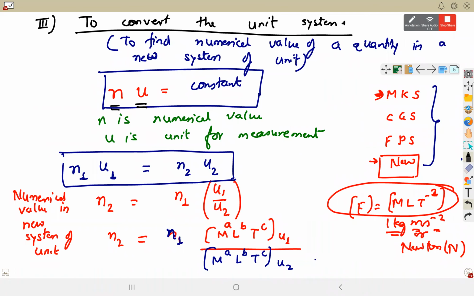न्यू सिस्टम में न्यू वैल्यू ऑफ न्यूमेरिकल कांस्टेंट n2 हमें निकालना था. सो वी यूज दैट फॉर्मूला n1 u1 is equal to n2 u2. n2 is n1 into u1 by u2. u1 क्या है? यूनिट इन फर्स्ट सिस्टम ऑफ मेजरमेंट. u2 is unit in second system. यूनिट को हम लिखते हैं इन टर्म्स ऑफ मास, लेंथ एंड टाइम. जैसे यूनिट न्यूटन के लिए होती है केजी मीटर पर सेकंड स्क्वायर. हमने अज्यूम कर लिया जो भी हम फिजिकल क्वांटिटी कन्वर्ट करें उसकी डायमेंशन है m to the power a, l to the power b and t to the power c.